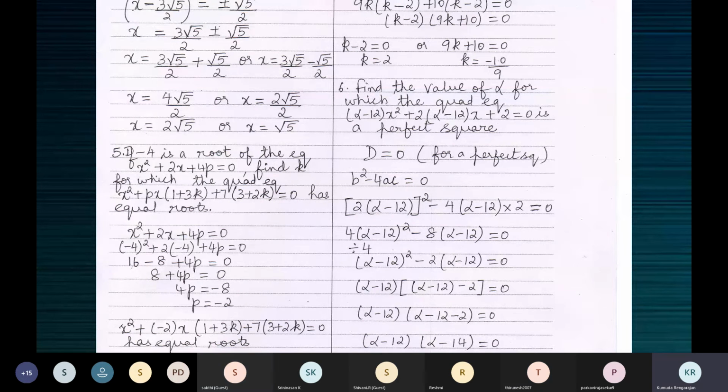Now, all of you find the value of d. What is d? b square minus 4ac. All of you find b square minus 4ac for this. Okay, let me say 2x minus 5 the whole square is equal to 0, because you want it to be an equation, right? So you have 4x square minus 20x plus 25 is equal to 0. Now find the value of d, b square minus 4ac.